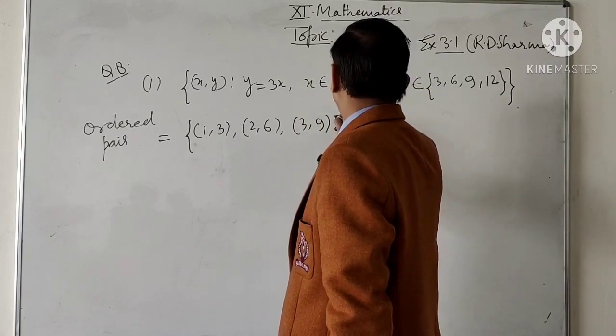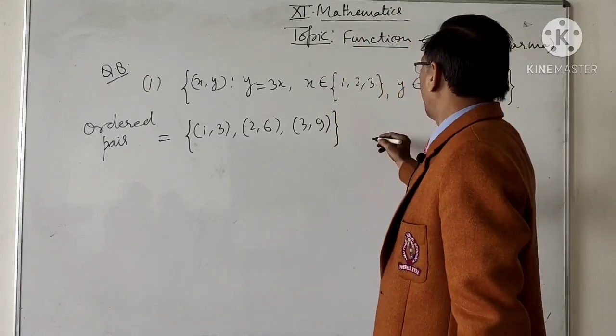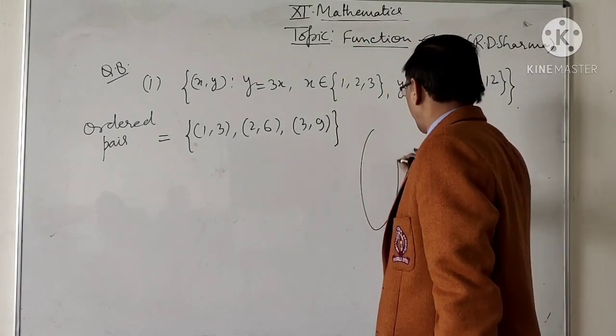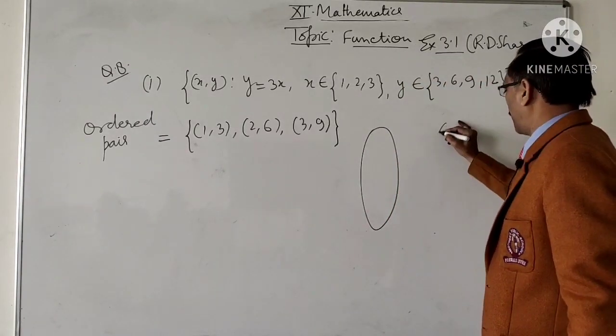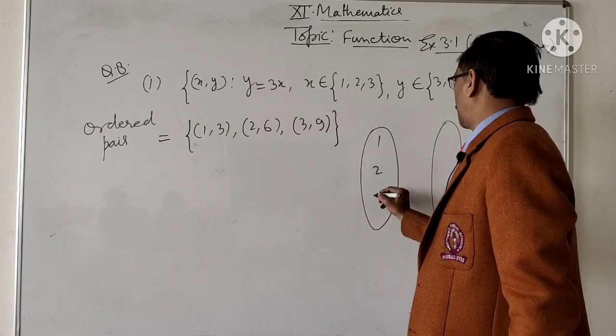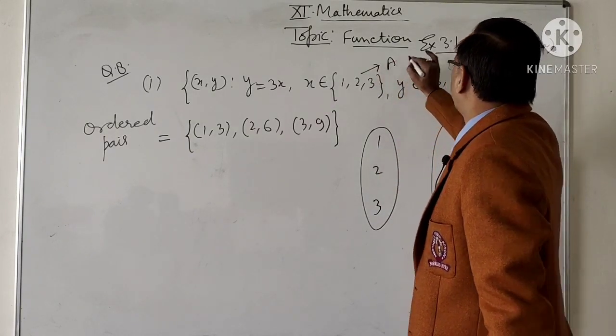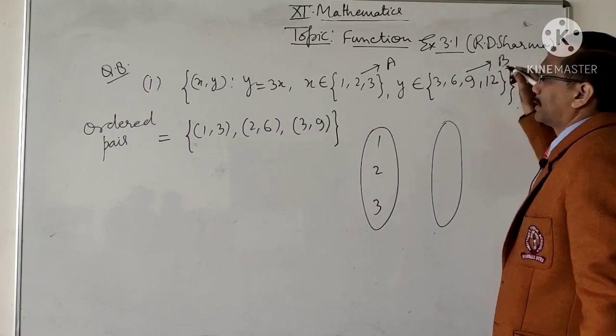This is the set of ordered pairs. Now, if we make an arrow diagram, then see 1, 2, 3, let this be the set A, this is the set B,